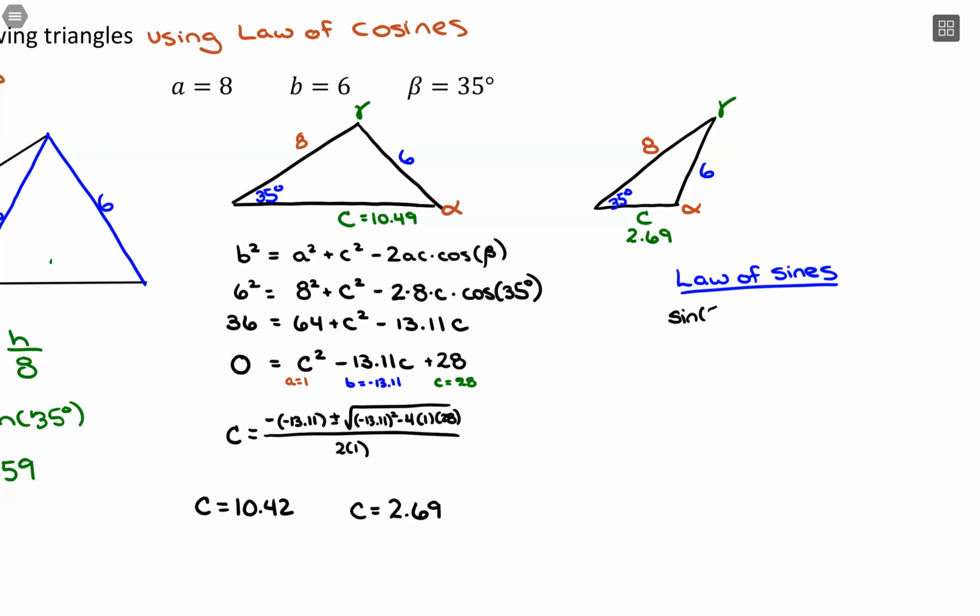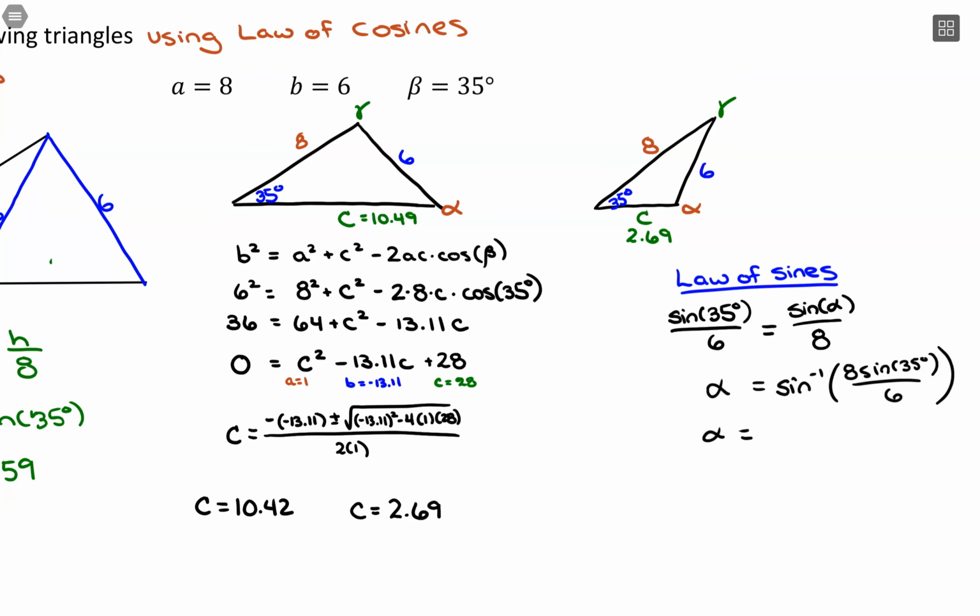So I have sine of 35 degrees over 6 is equal to sine of alpha over 8. And then I'm going to solve for sine of alpha, and then I'll even take inverse sine of both sides. If we had multiplied both sides by 8 sine of 35 degrees over 6, to get alpha, we'll have inverse sine of 8 sine of 35 over 6, which is